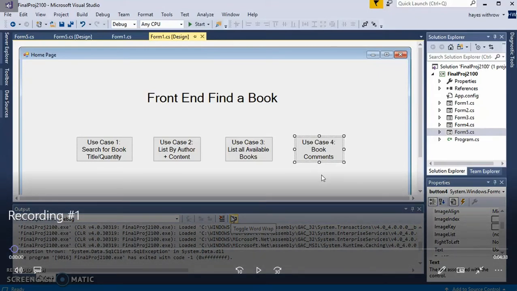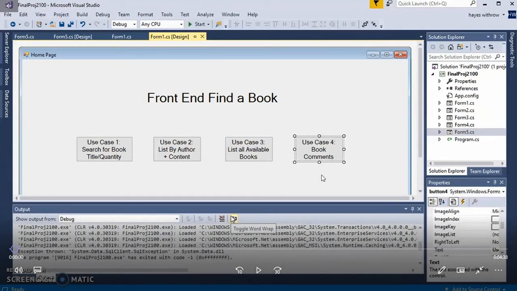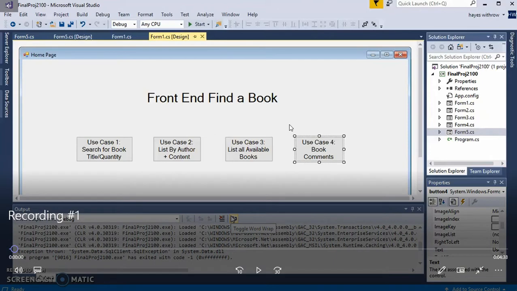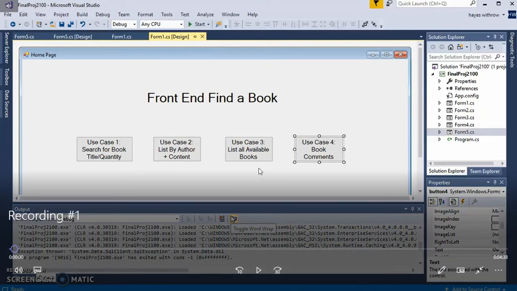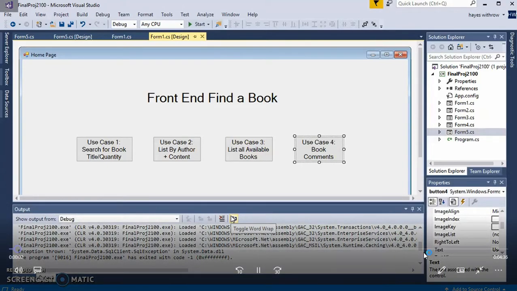Alright, this is Abby Kirkman here with Sarah Rosie, and we are part of a group that also includes Jacob Bush and Hayes Withrow. We are currently working on our final project, front end, find a book within Visual Studios that connects to SQL Server. And so I was responsible for use case number 1, which was search for a book, title / quantity,